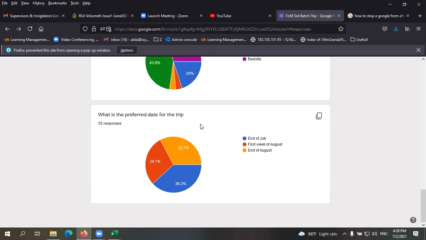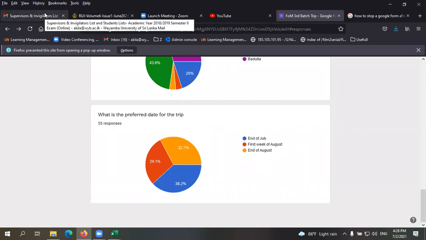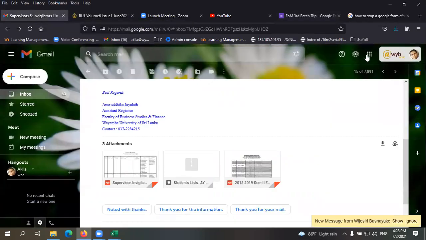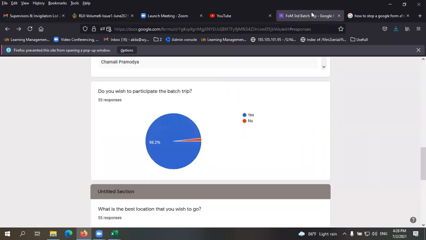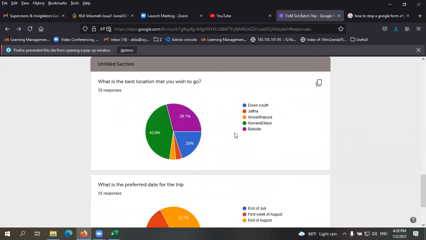Yes. So how can we access the trash in Google Forms? Actually, the trash is not there in Google Forms. That is in your Google Drive. So if you move to Google Drive, you can see the trash there, right? I'm not going to go into my Google Drive now, but you can see that trash there. The form will be there in the trash. Okay.